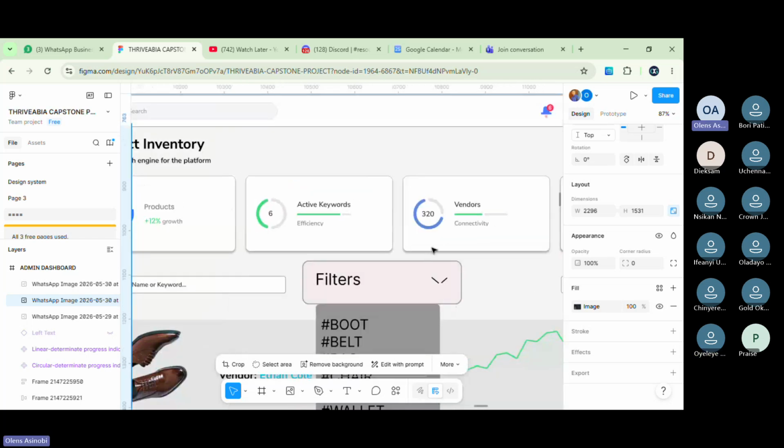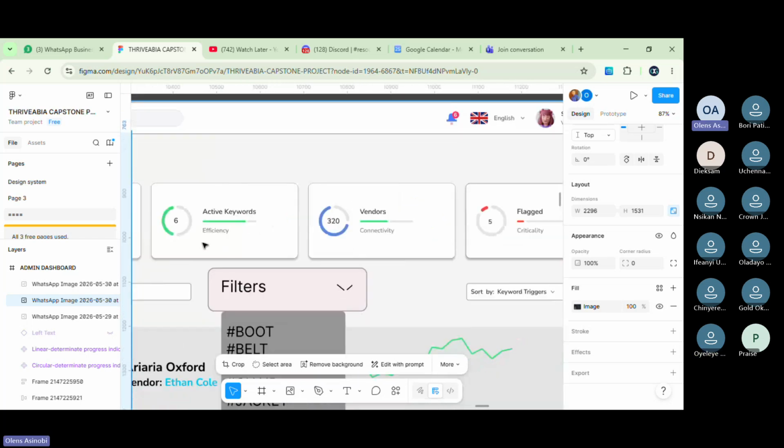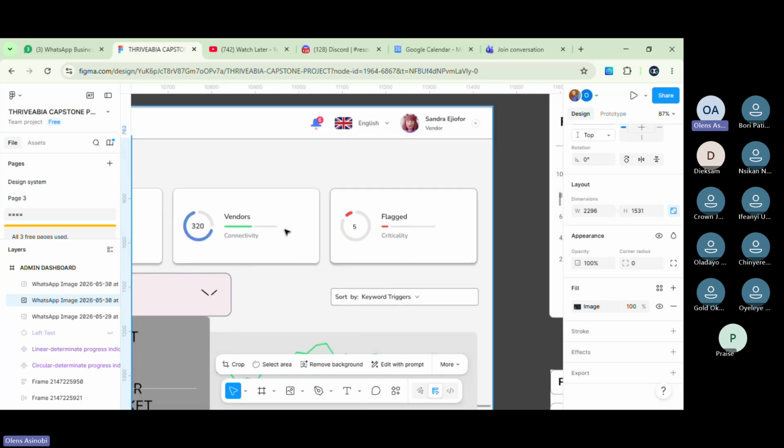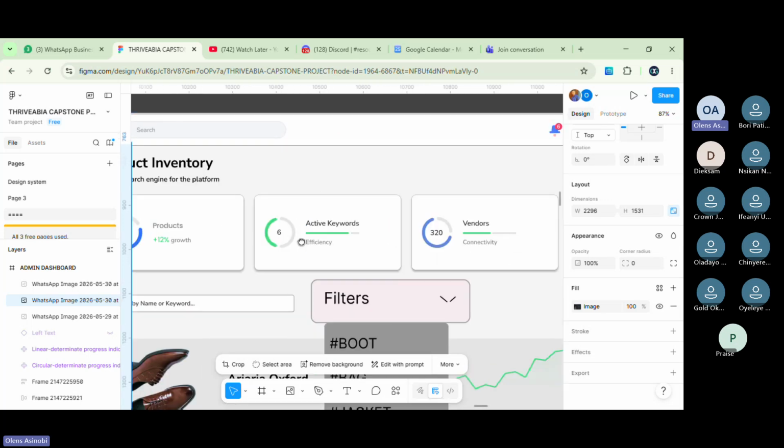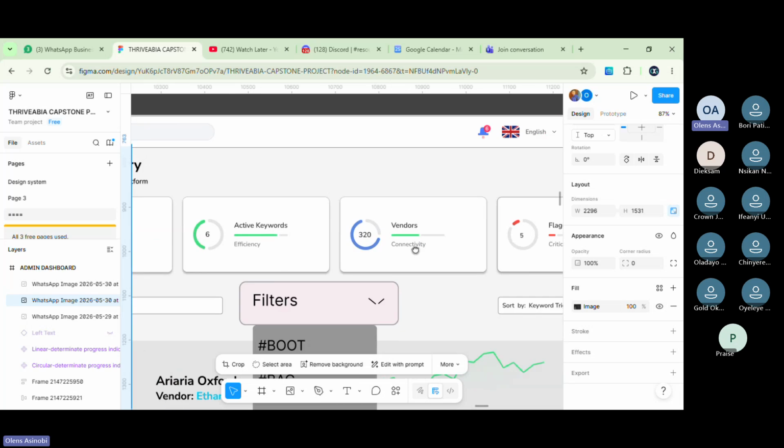Okay. I can understand the active keywords having this progress bar, vendors having this bar, and flagged having this bar. But to be honest, there is no need for this circular one again. For active keywords, it can be like the efficiency, no problem. The vendors, connectivity.